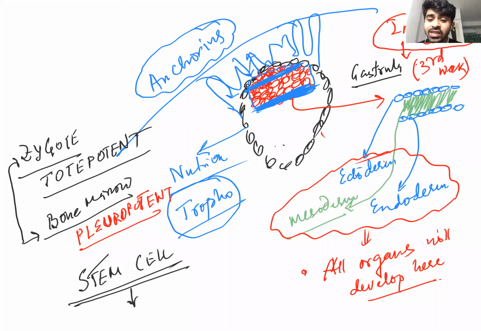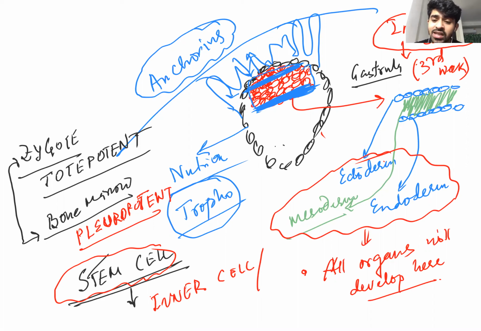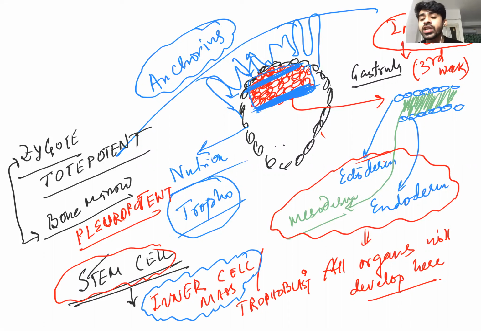Now the question is, what is a stem cell? The concept is that a stem cell can form many cells, not any cell. So again, the stem cell is pluripotent. But can you tell me whether these stem cells are present in the inner cell mass or the trophoblast layer? This is a previous year NEET question. Inner cell mass. Absolutely correct answer, because in the inner cell mass are all the cells which are going to form the future baby or future embryo.